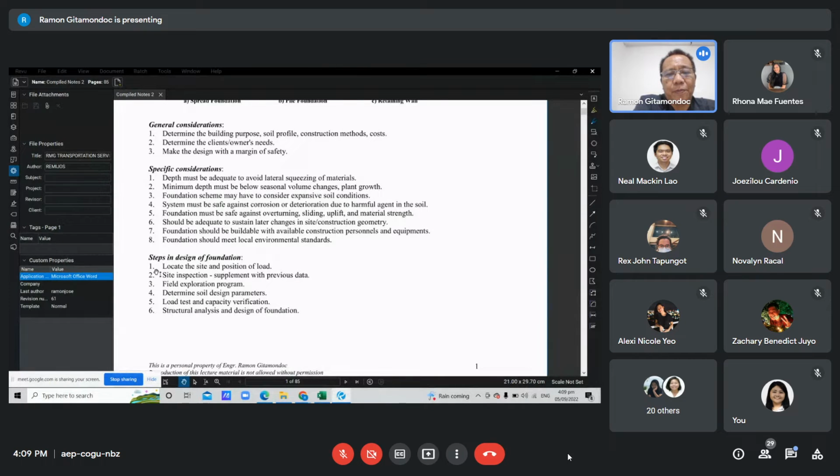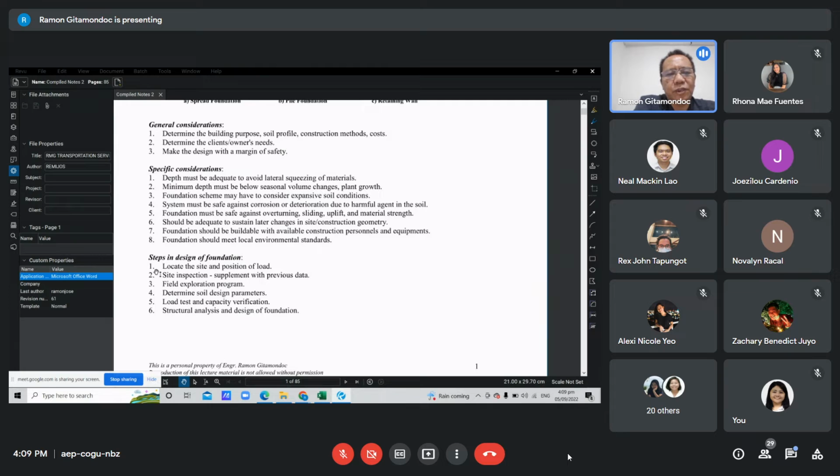Or we can design the foundation type, for example, a waffle foundation, to control the direction of expansion. Or sometimes, but more costly, is to make the foundation heavy to counteract the uplift due to the expansion of the soil. Then fourth, the system must be safe against corrosion or deterioration due to harmful agents in the